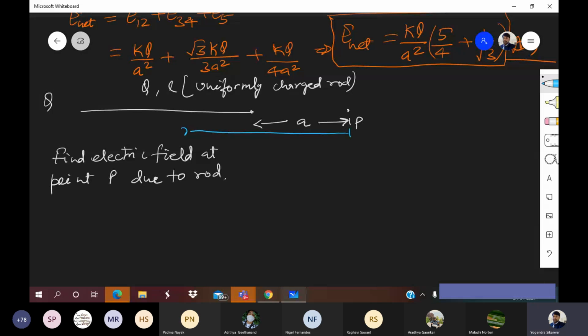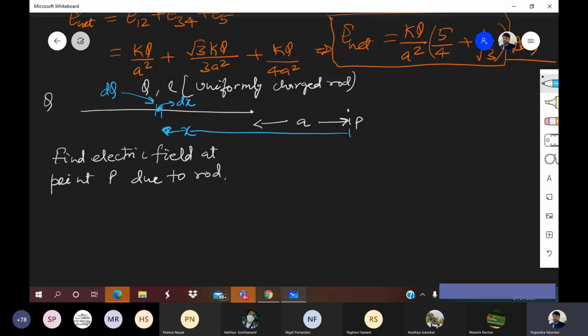So we are going from here and taking an element of length dx. Pay attention to what we have done. We have gone to a distance x and then taken an element of length dx. That sequence is very important. When we go to some distance, then we take an element in distance terms. We are assuming that the charge on that is dq.